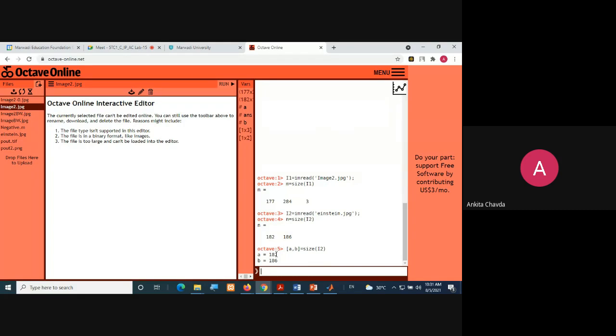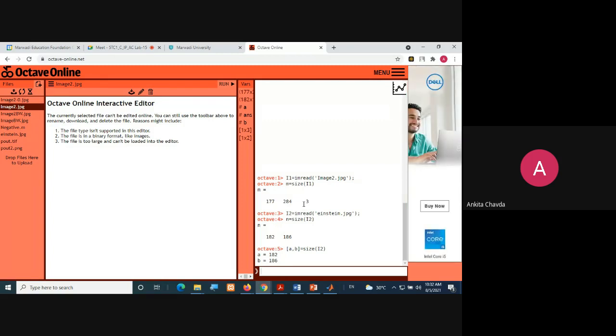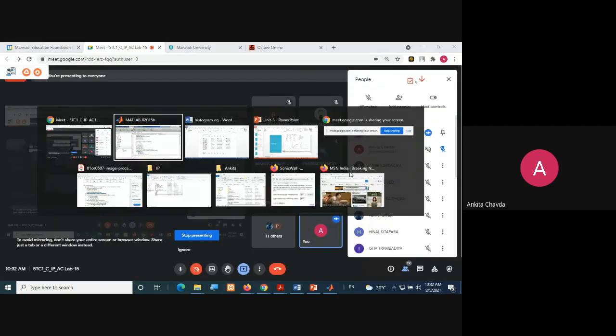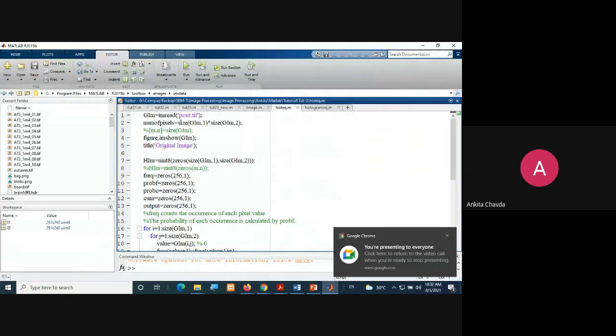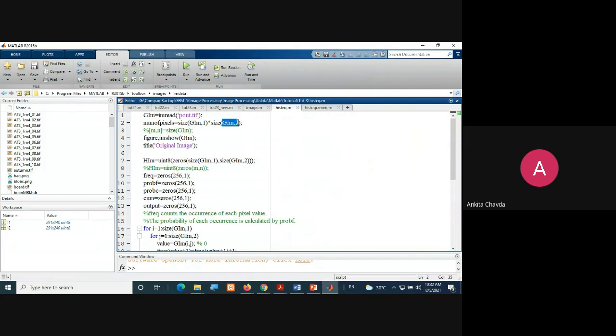But here you can check if I am having an RGB image, so I am writing in general, because I don't know what kind of image we are going to read. So I have taken just the first dimension and second dimension, to show you that we have size of GIM of first dimension into size of GIM of second dimension.